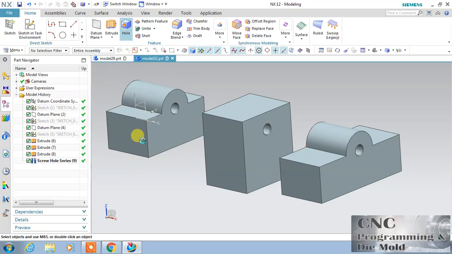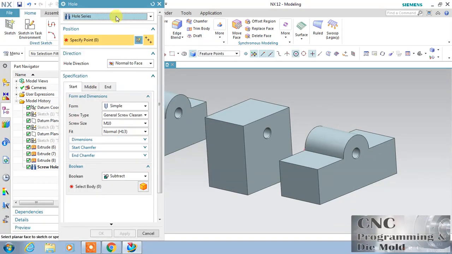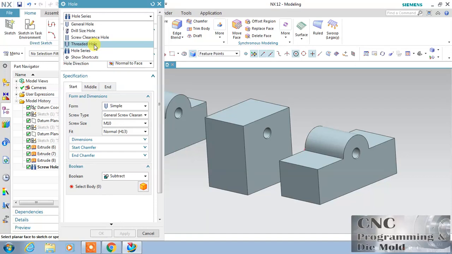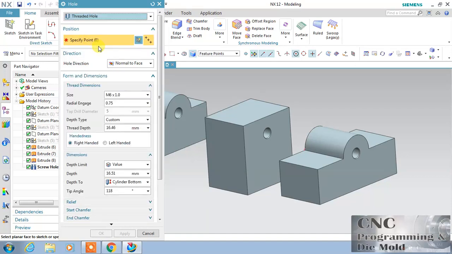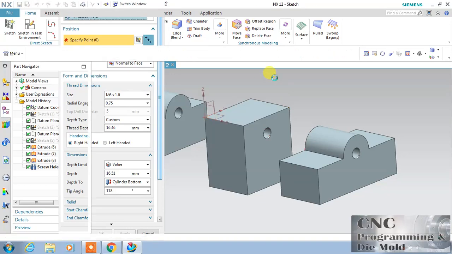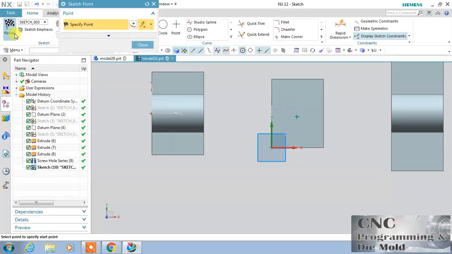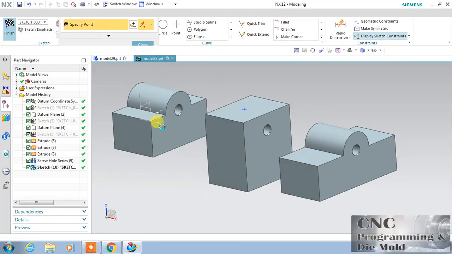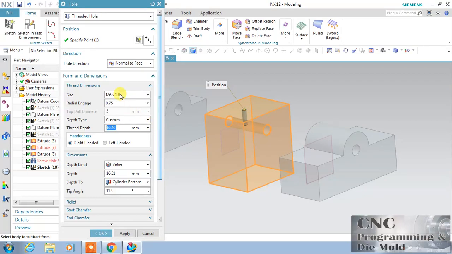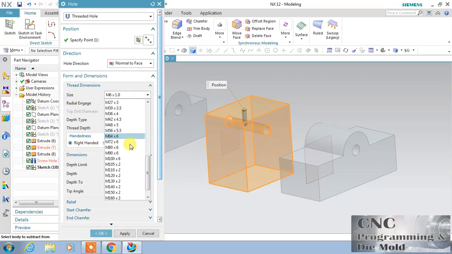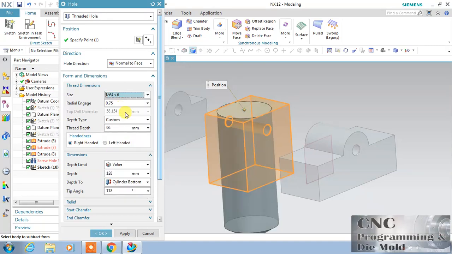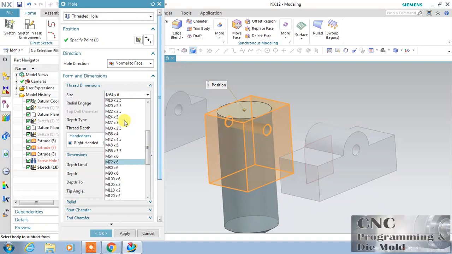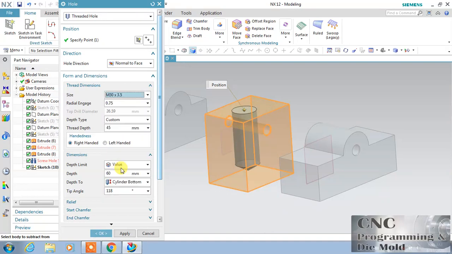Click over the hole, and in hole command we have this threaded hole. If you want to create a threaded hole, select a positioning point and finish it. And here we have the size. These are the standard sizes. These are the threaded hole. Select the diameter. Which diameter do you want?